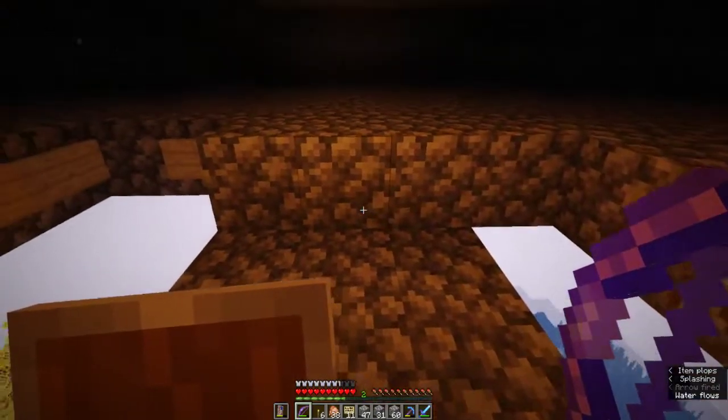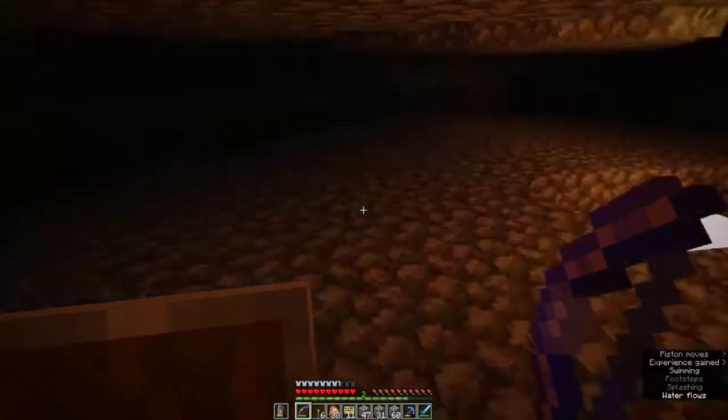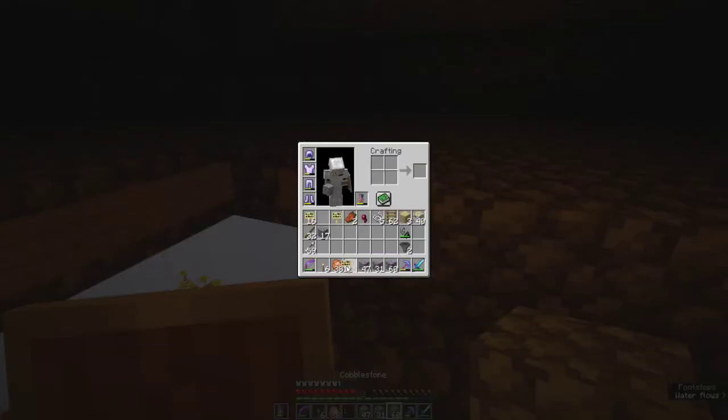Alright, so the idea here, you can't see it, but there is water here. It's just because of the shader I'm using. So what we want to do is we want to have the signs next to our pickaxe, and then we want to...